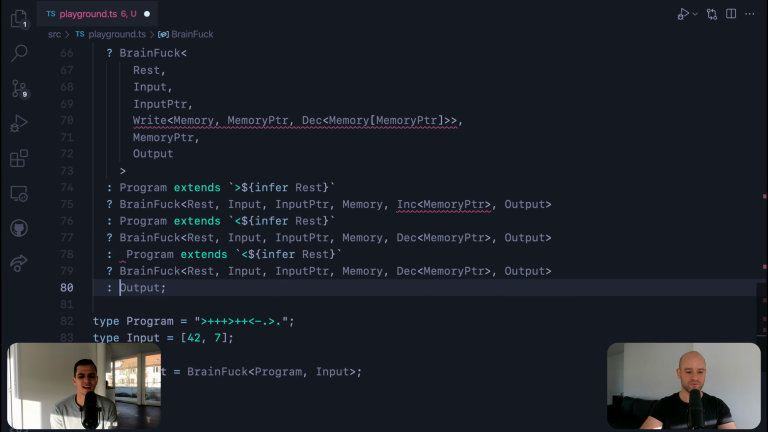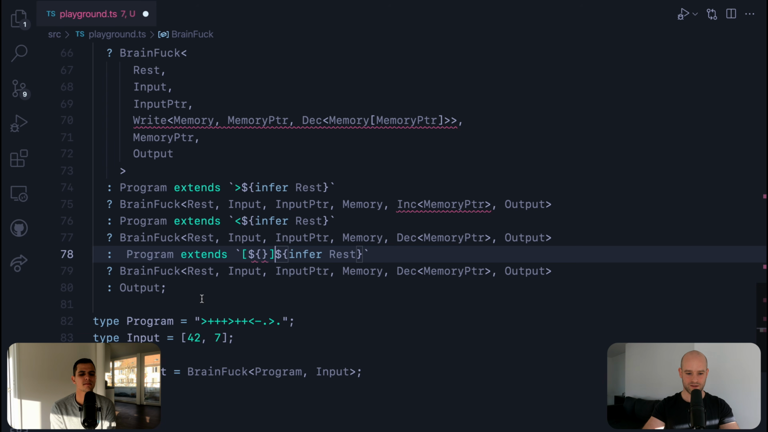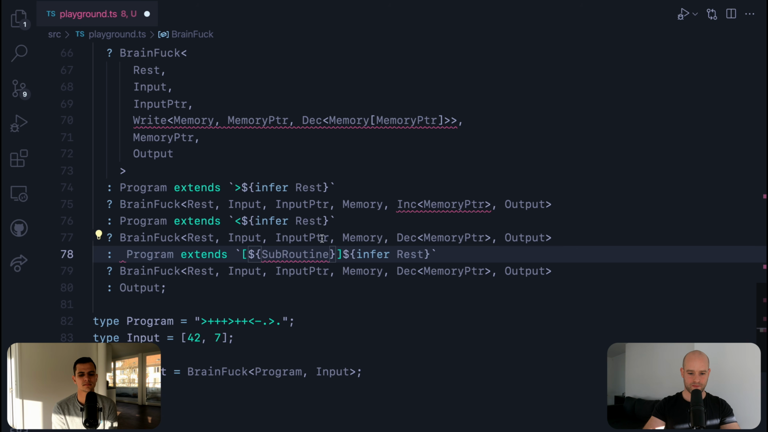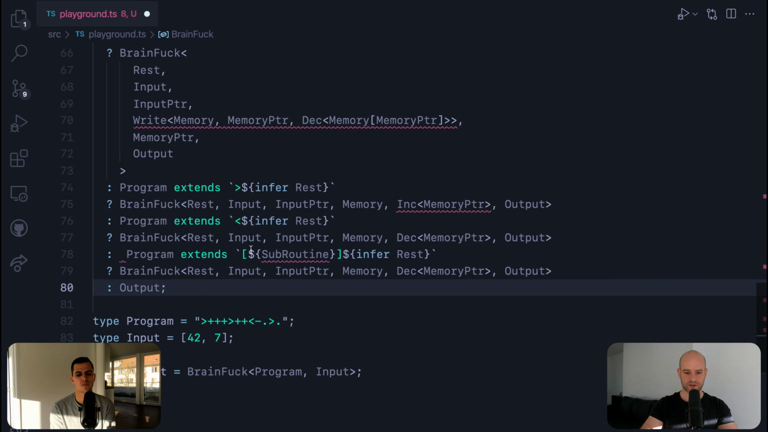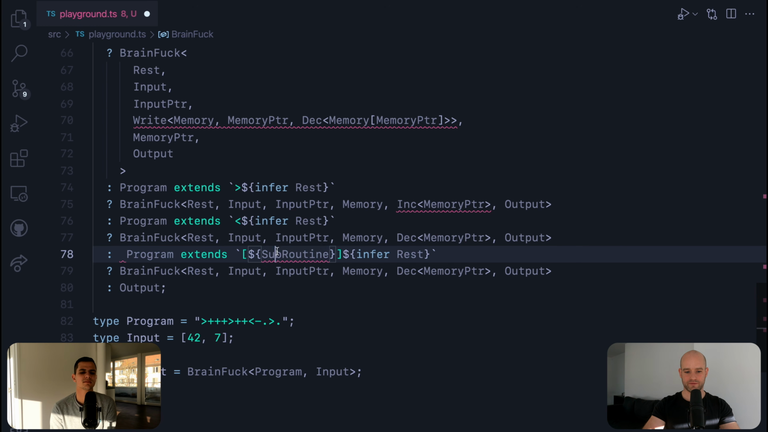But we're gonna need a new parameter in our generic. So we infer the subroutine here. Because you can only use this one with a closing, right? It's a loop. So we have a subroutine here. And we have the rest. And so what we need to check here, you see it's a while. So we need to check if,